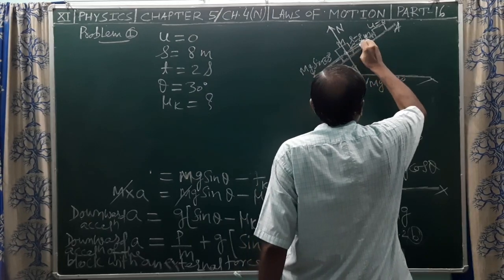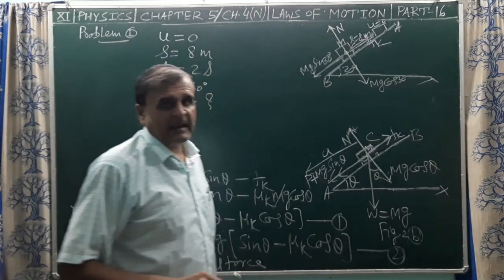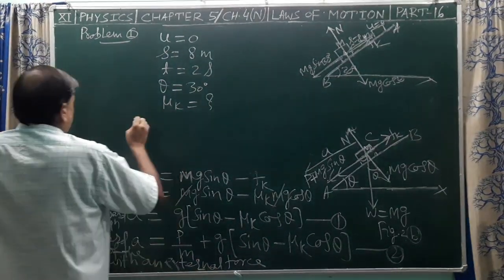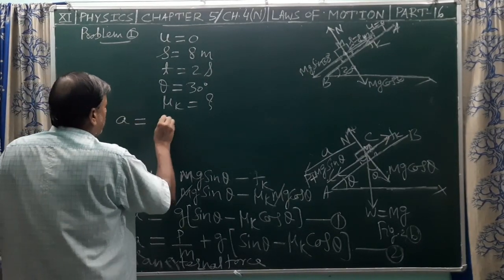And friction force is acting upward, that is Fk, which is mu k into N, that is mu k mg cos 30. Now for downward acceleration of the block on the rough inclined plane, we have the formula